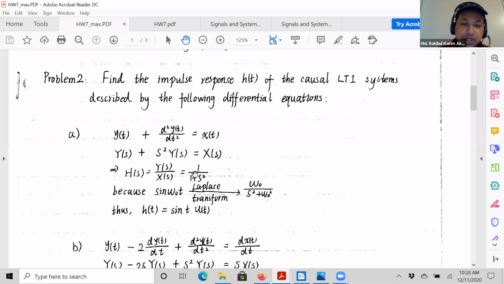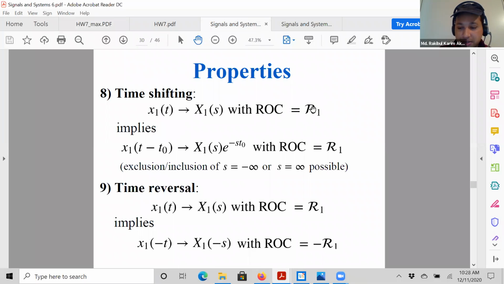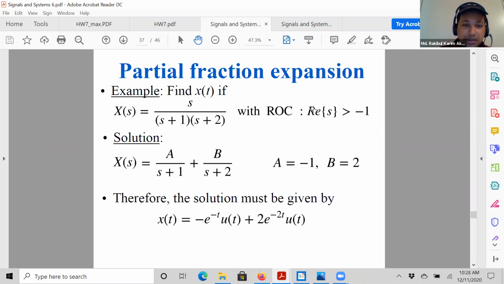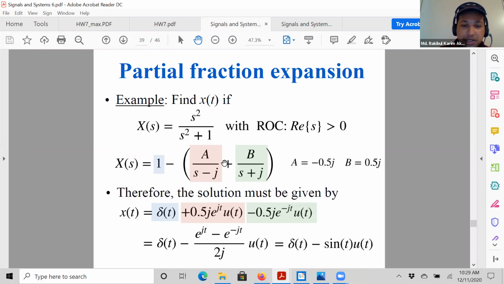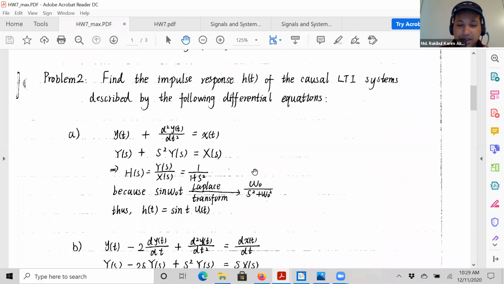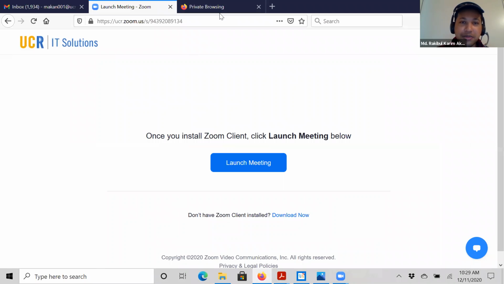If you try to do it the hard way, you are doing this kind of partial fraction expansion. Like there was an example for s squared plus 1. What they are doing, they make it (s minus j)(s plus j) and make the partial fraction expansion. After doing everything, you find out it is something e to the power j something, then converting it to sine form. This is one way, but from the solution, what it is suggesting actually is kind of